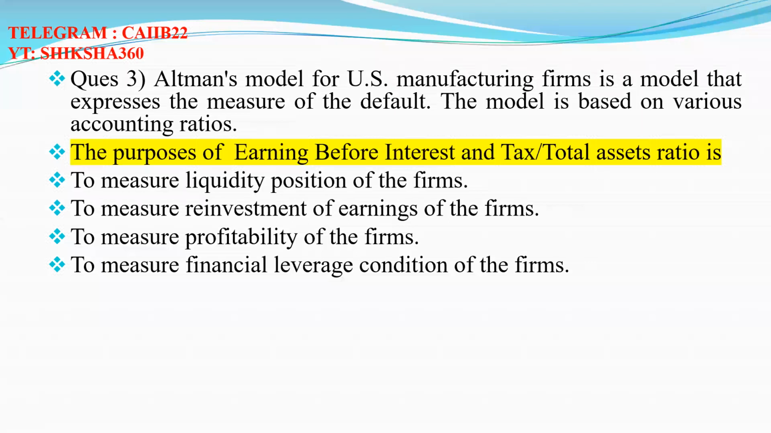What is the purpose of earning before interest and tax divided by total asset ratio? Same options. So earning before interest and tax, EBIT. What is the EBIT? Basically it is the company's net income